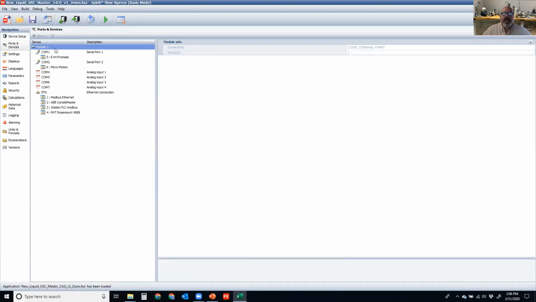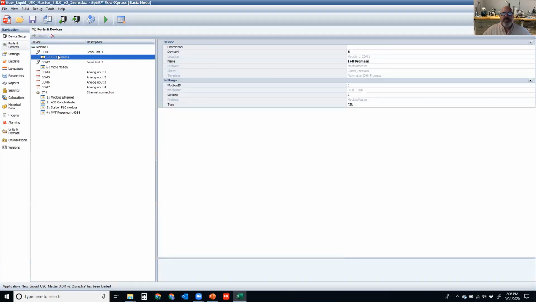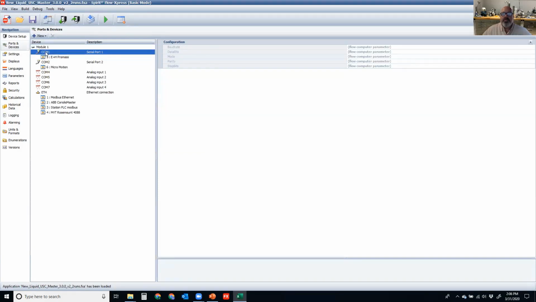Now, if you look on the left, underneath this device, I have my module. The FlowX has two communications ports for serials, so COM port 1 and COM port 2. We have 4 additional ports that are part of the analog HART communication. So on analog input 1, 2, 3, and 4, we're able to configure those as HART devices, and each HART